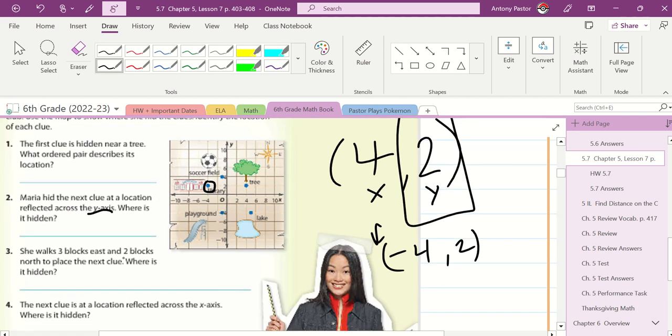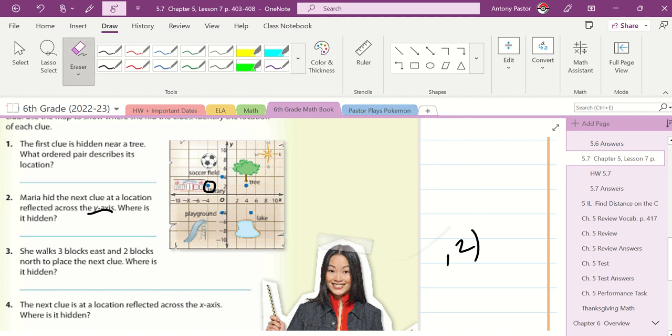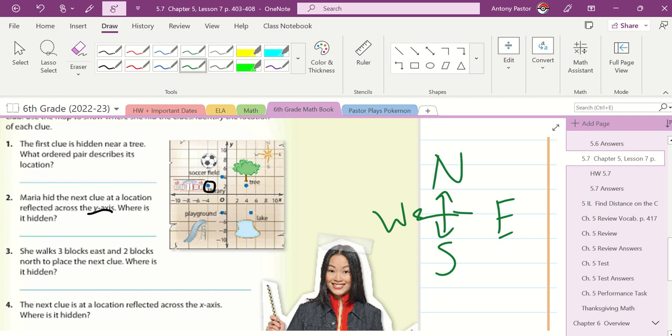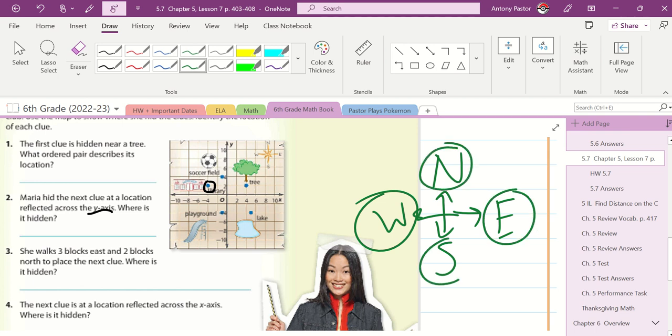She walks 3 blocks east and 2 blocks north to place the next clue. Where is it hidden? So I'm going to go ahead and erase what we've worked on so far, because remember, this is something you guys are going to need to know. The north, south, east, and west. You're going to need to know the compass. We live on the west coast. We live on the left part of the United States. So west is to the left, east is to the right. North is up, south is down. So if she walks east 2 blocks,